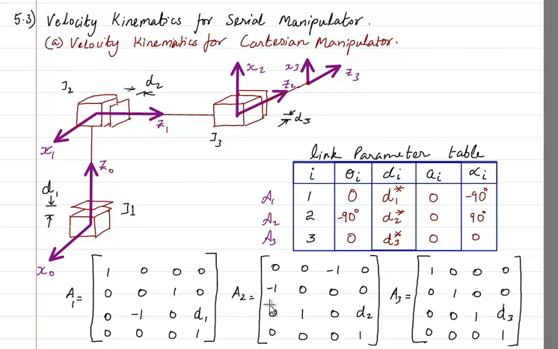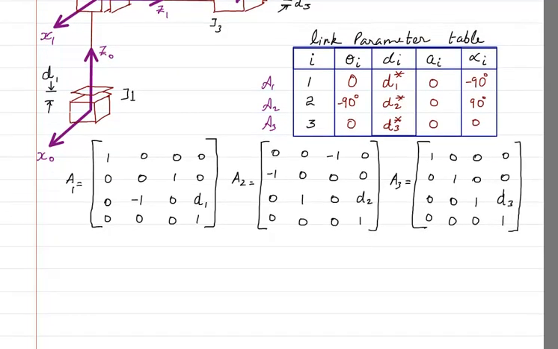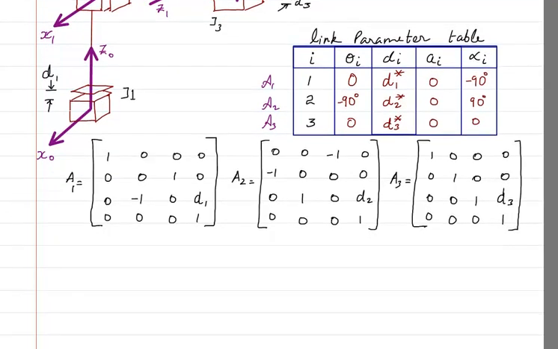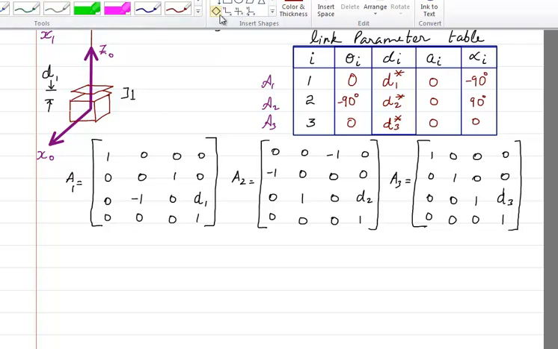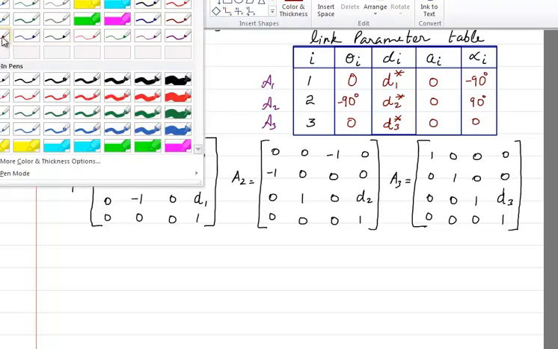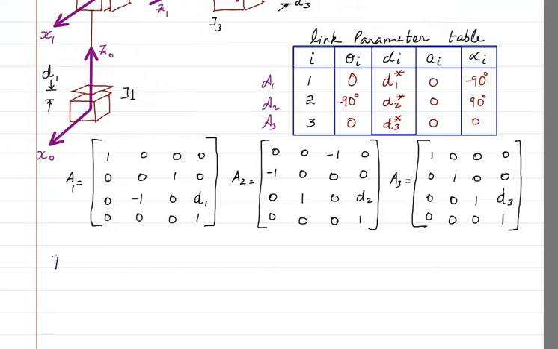This we have already done previously in the fourth module. Once we have got A1, A2, A3 using the DH equation, next we are going to define the velocity kinematic equation. Basically, let me write it here. The velocity kinematic equation is